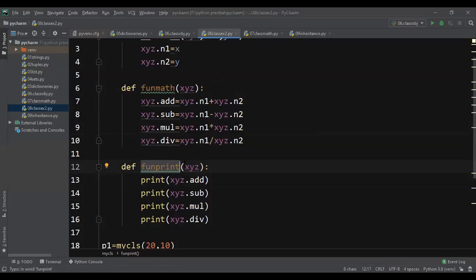Of course, the function name can be anything, but the reference should be the same throughout the entire class.